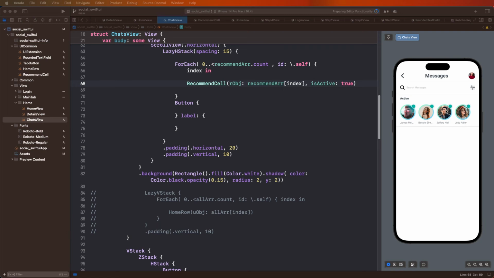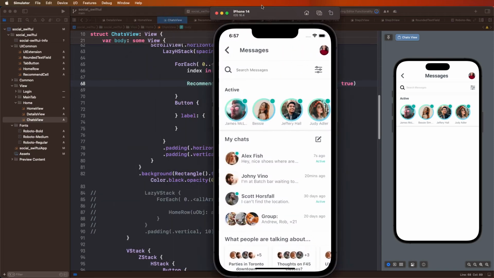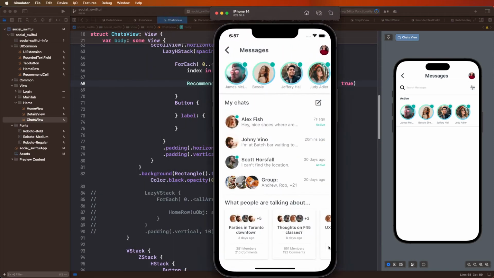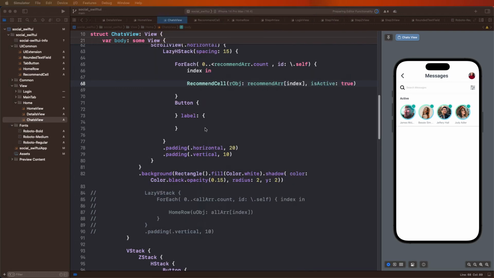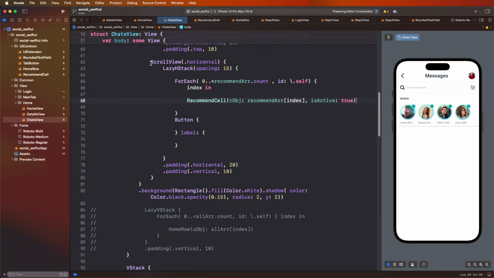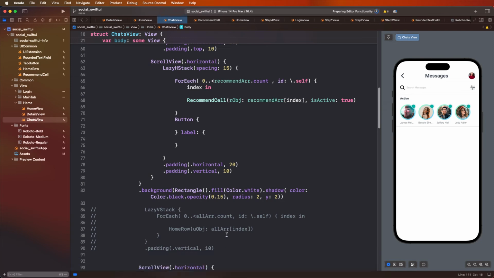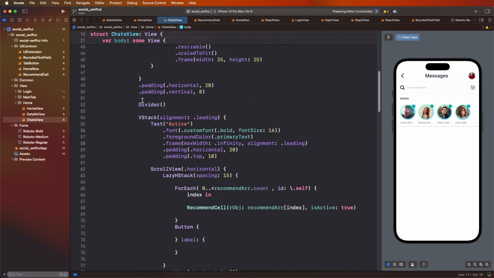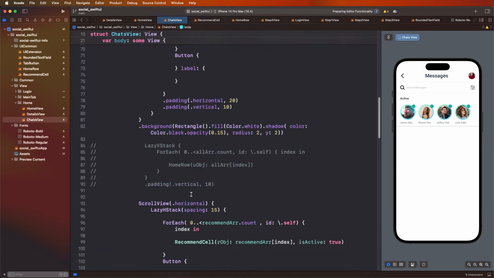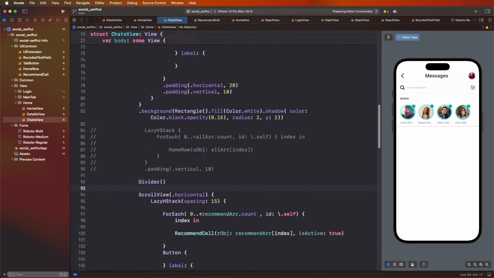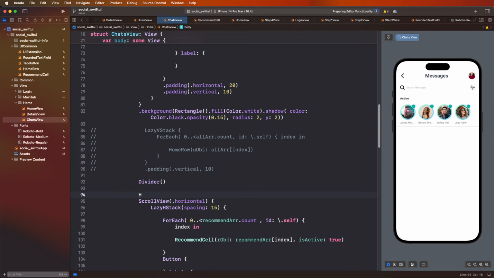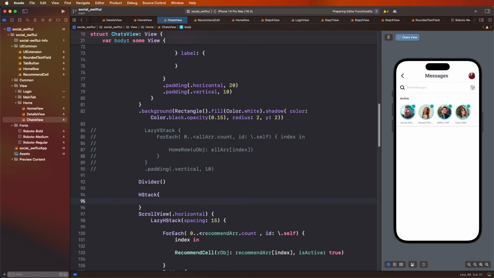Now load this UI and to display here the active, and now need to create here the group list. Need to develop first of all, and after need to create this my chat view. First of all need to copy this here and paste this here, and to create here the dividers, copy and paste this here, and now need to create here the stack and to give it here the